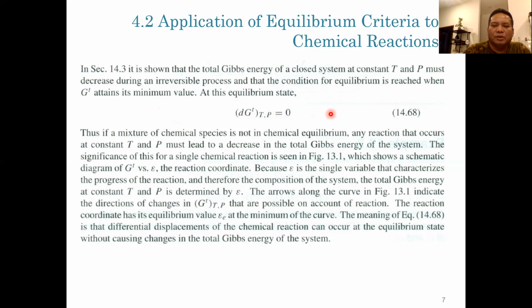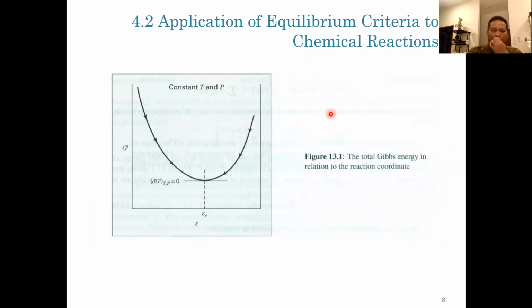So I will go straight to this graph here. What does it mean here? This is the epsilon. This is where the stoichiometric equilibrium occurs. Remember, the reaction coordinate, when it is in equilibrium,